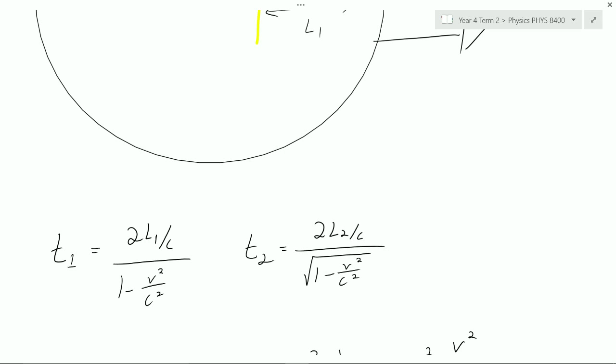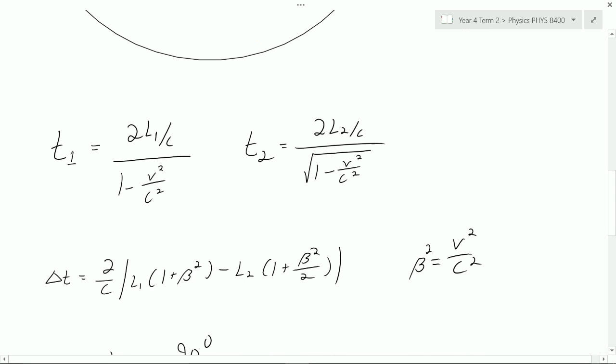The time it took for beam 2 to hit mirror C prime and return back to B prime was similar to the first beam, but instead the denominator is rooted, and it uses the distance from mirror B to C, denoted L2, instead of L1 as in the first case.